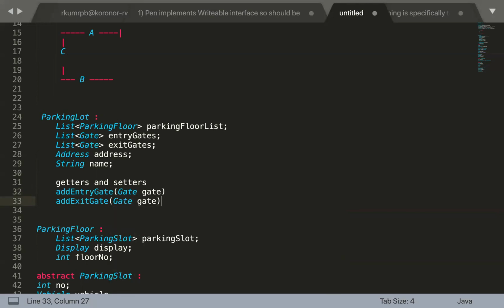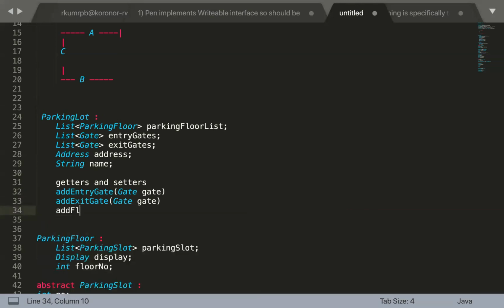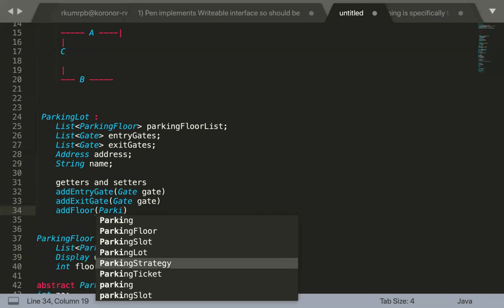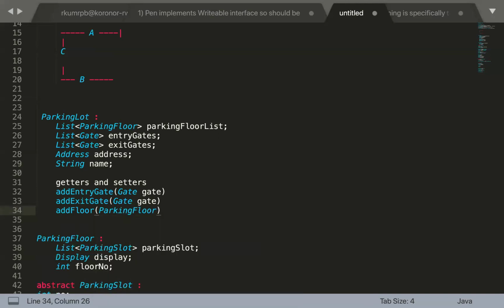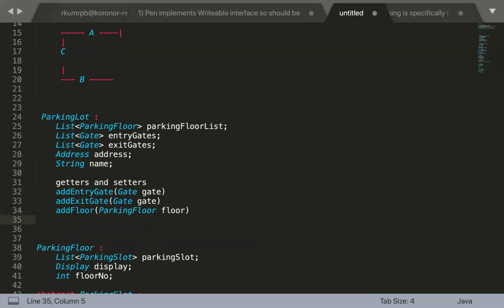Then you will have a method for add floor, right? And also remove methods, remove entry gate, remove exit gate, remove floor. What attribute you mentioned? I was saying the same methods for the removal also. Remove entry gate. Correct. Remove exit gate.